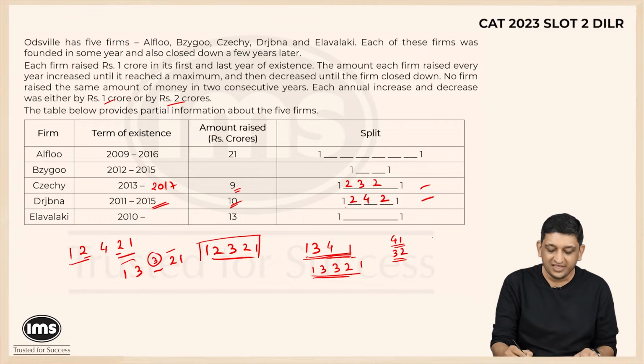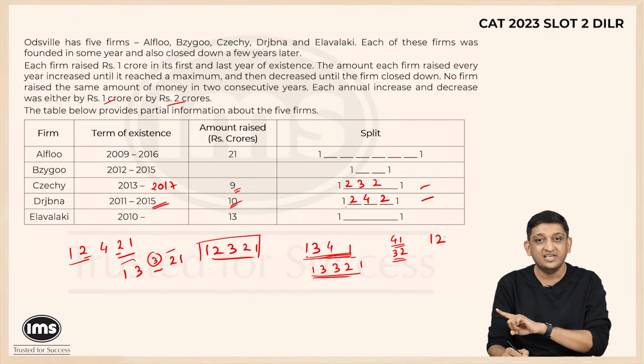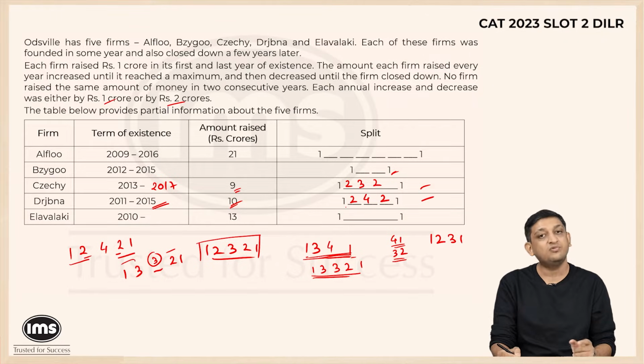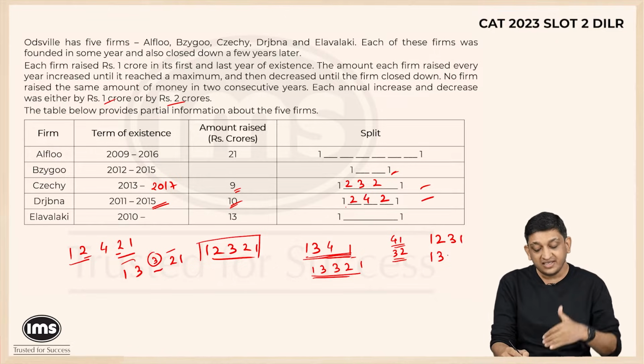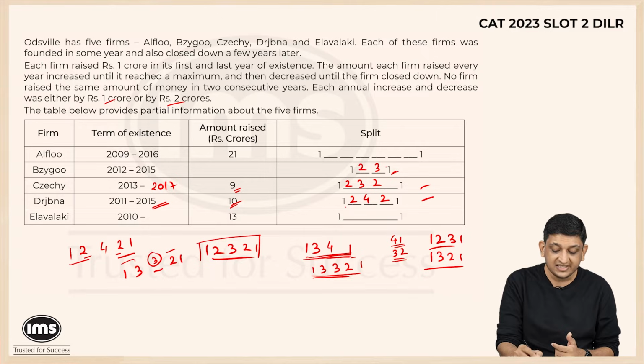So let's say for example the firm goes from 1 to 2, it has to increase, let's say, in the next year, because it can't fall down to 1 because there is one more year that is present before it hits that 1. So it has to go to 3, it can go to 1. That is a possibility. Or the firm can go to 3 and then can go to 2 and 1. So that is again a possibility. So there are two possibilities that exist, either 1, 2, 3, 1 or 1, 3, 2, 1.